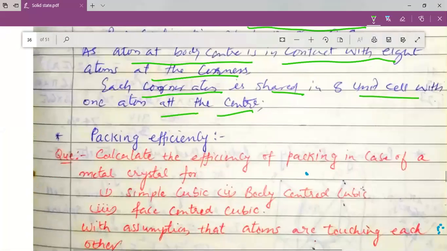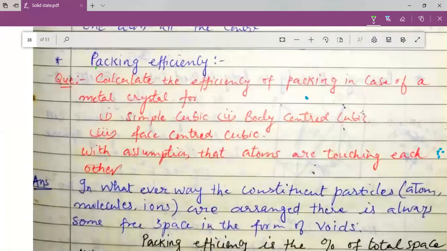Now my dear students, we are going to discuss a very important point which is known as the packing efficiency. So let us study about packing efficiency. Actually we have seen, in the two-dimension structures, this is what we have studied in our previous classes, my dear students, that generally what happens, we have arrangement or packing in two dimension.